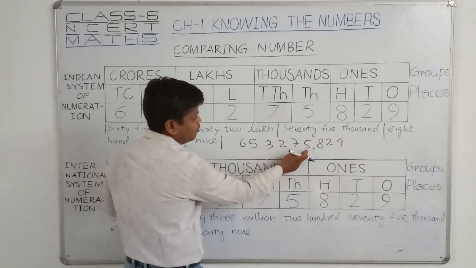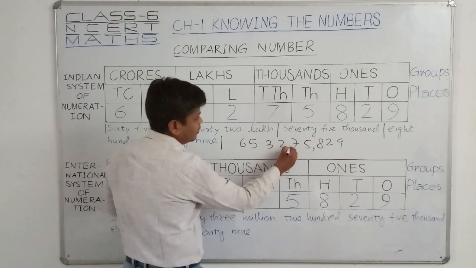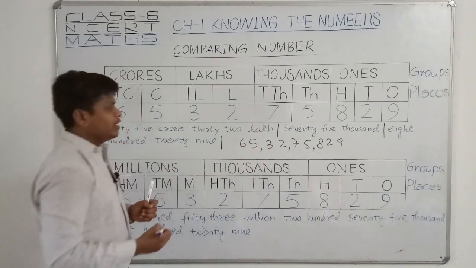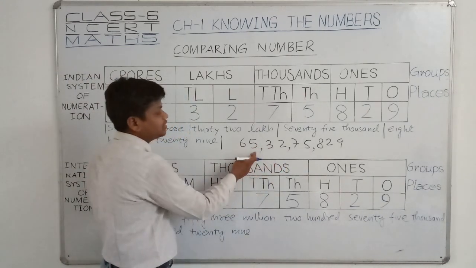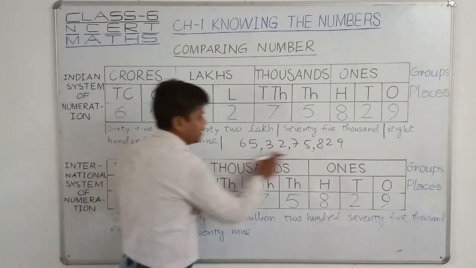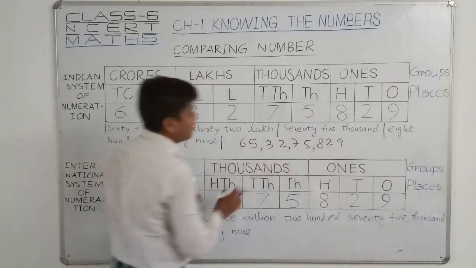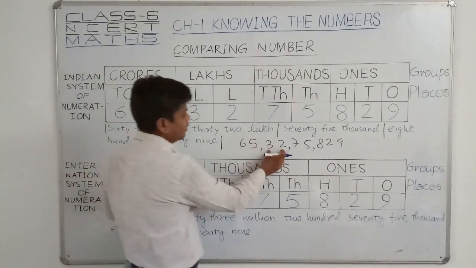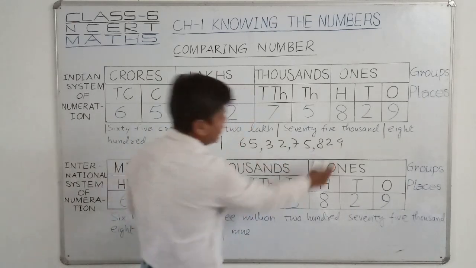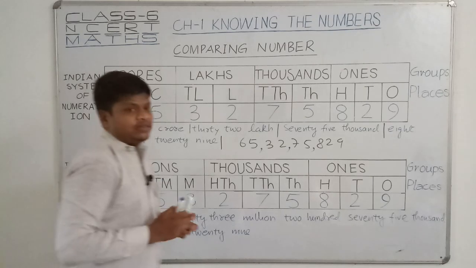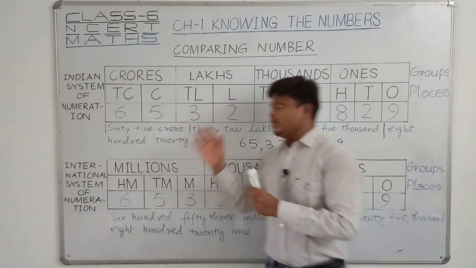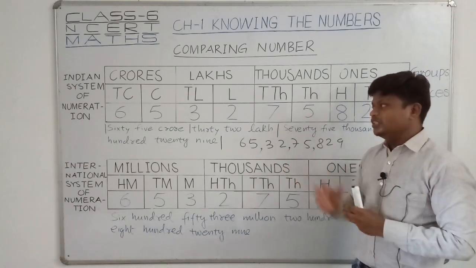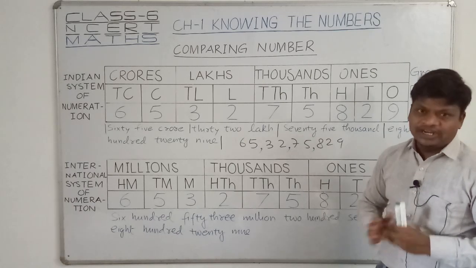Now then we have to put the comma after 5 and 7, after the 2 digits, and after 2 digits again I put the comma, right? So this is the way I have put the 3 separators or the 3 commas. Now that can be easily written or easily read by the observer, right? So this number is 65 crore 32 lakh 75,829. So this is how, friend, this type of bigger numbers can be understood, or can be easily written or easily read by the observer. So this is the Indian system of numeration.